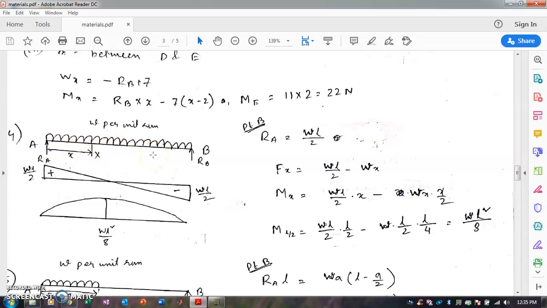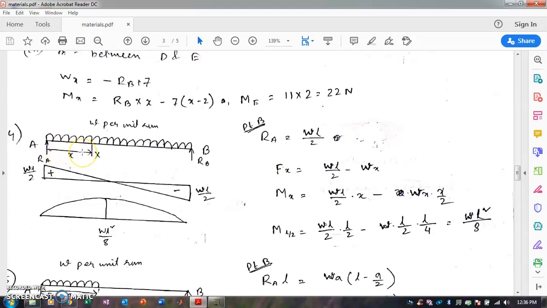So here also, we need to calculate the value of RA and RB at first. Taking moment about point B, we can get the value of RA. That is, if we take moment with respect to point B, then the only upward force will be RA, and the distance is L. So RA into L